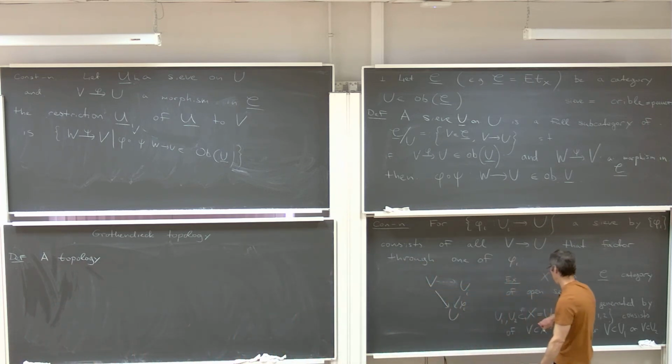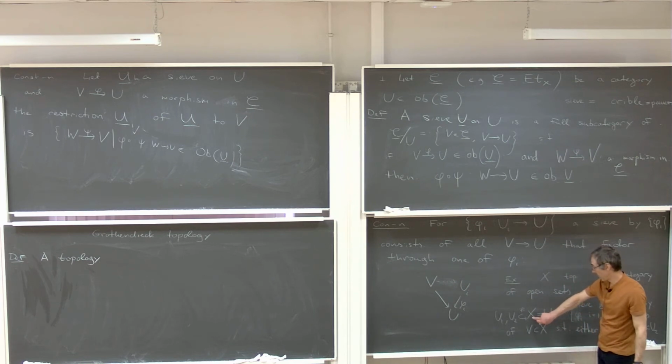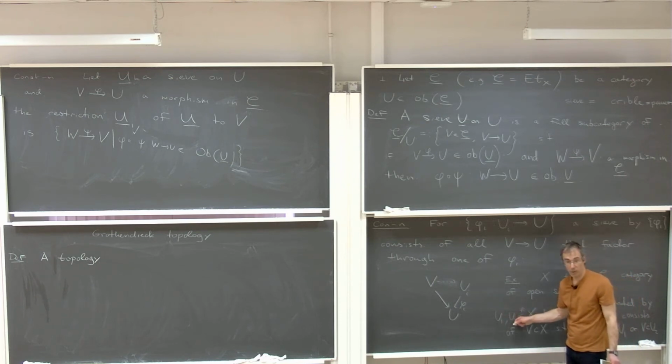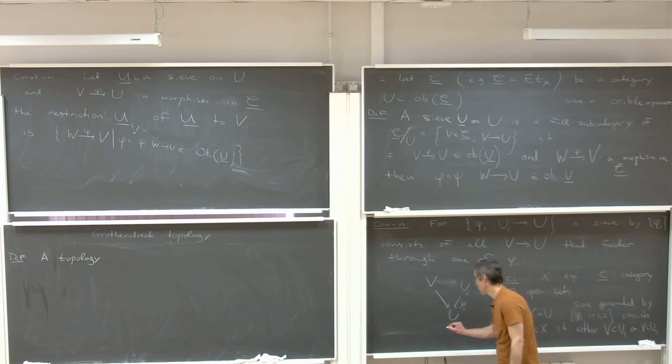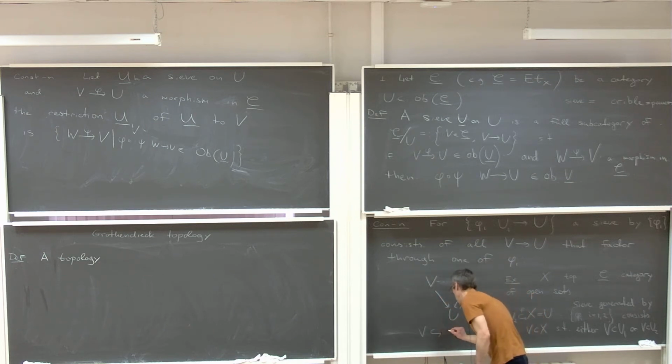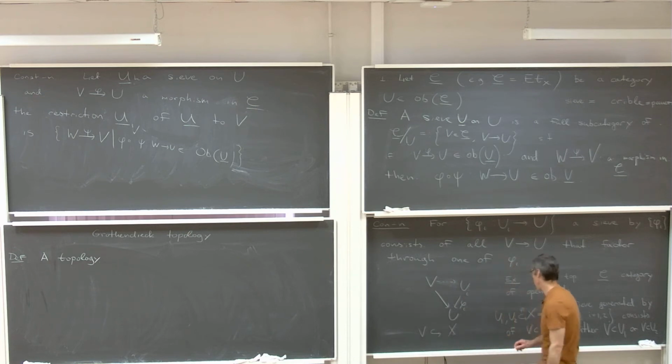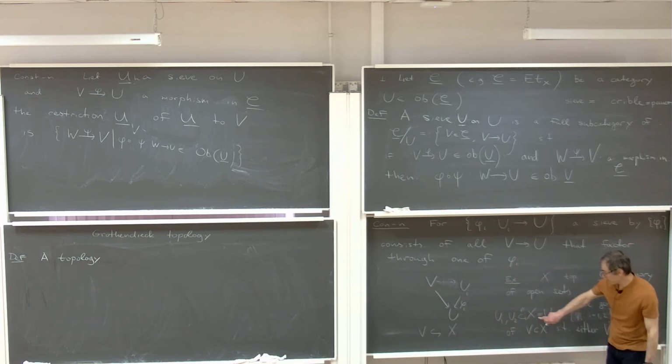Вот у меня есть x, и у меня есть решето, порожденное U1 и U2. Вот я его здесь описал. А теперь у вас есть отображение из V в x, ну то есть просто открытое вложение. So an open embedding. So I claim that in this case the restriction